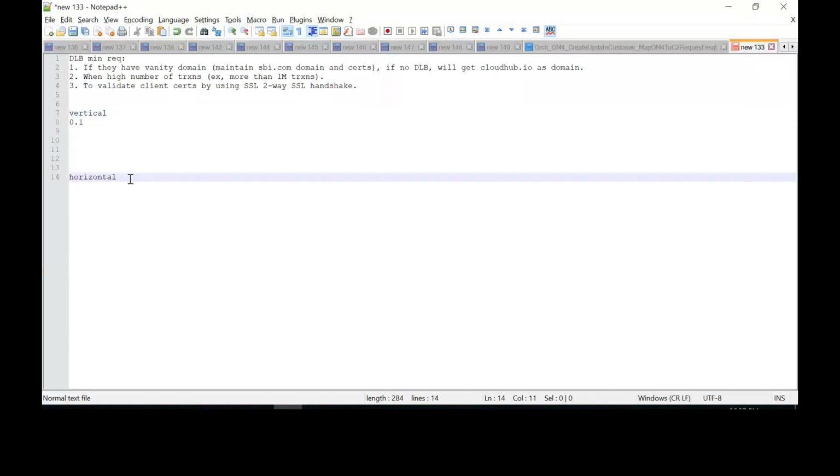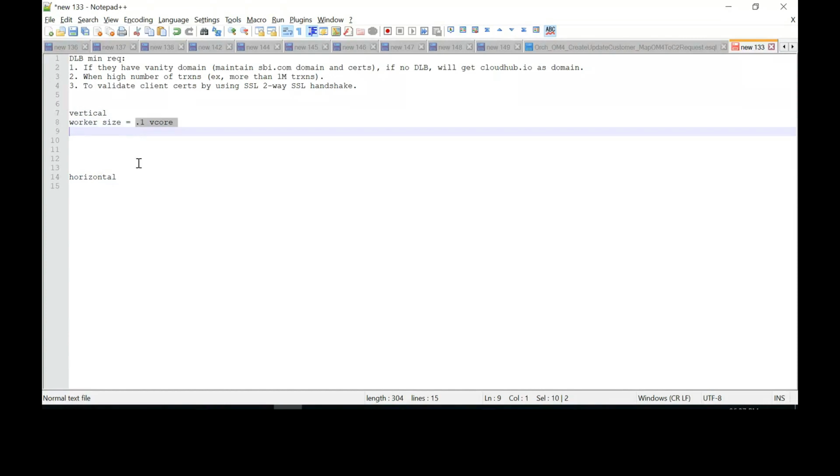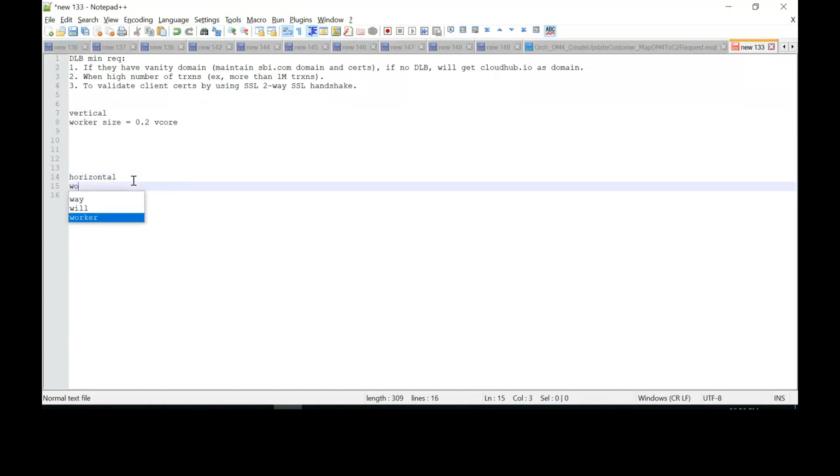In vertical, write worker size is equal to 0.1 vCore. Let's write 0.2 vCore, because the minimum is 0.1 and if you want to increase it, you will increase it to 0.2. In the case of horizontal, write workers, with an S, plural. Workers is equal to 2.